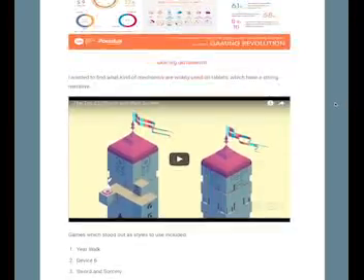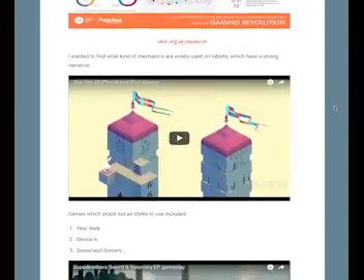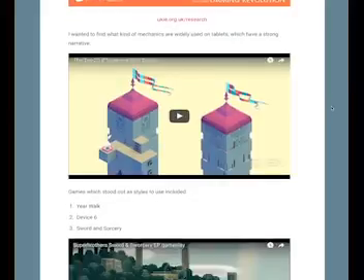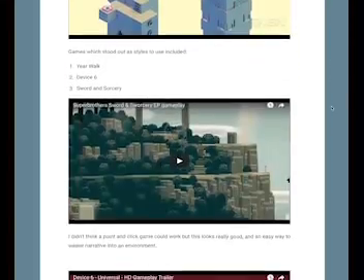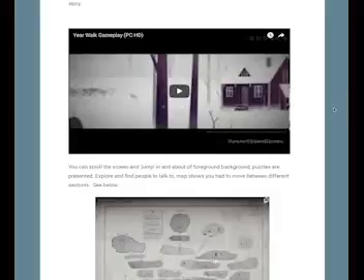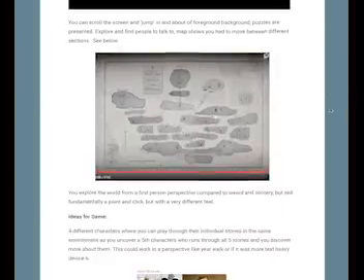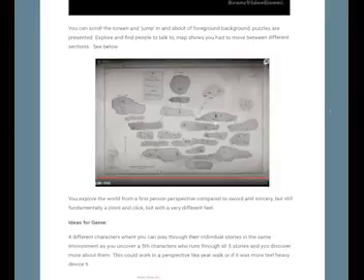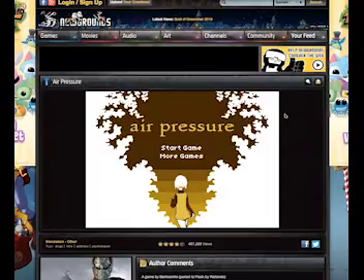And then I looked at the top games for the iPad, because you can do some really creative games on it and it's easily accessible. So I looked at what was already out there, and Device 6 and Year Walk were some really interesting ones. Year Walk in particular had some great gameplay and mechanics I thought I might use. Another game which really influenced me was Air Pressure. As an interactive narrative, you have to play several times in order to get the full picture.